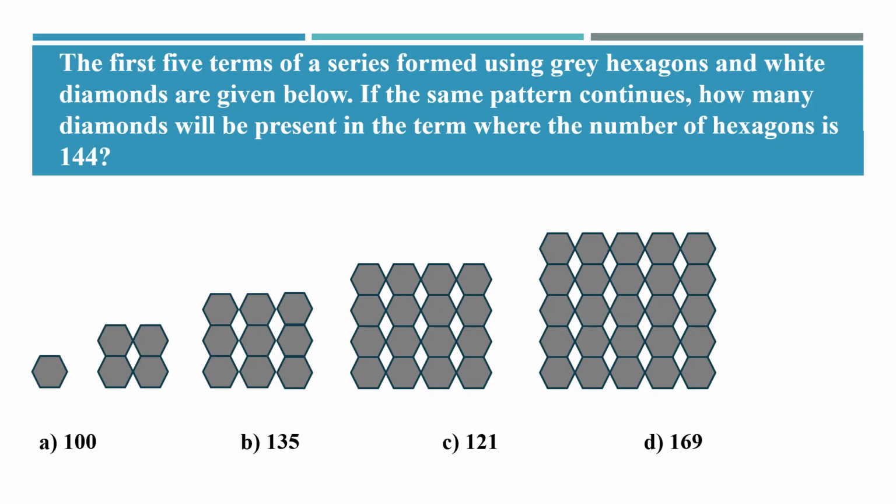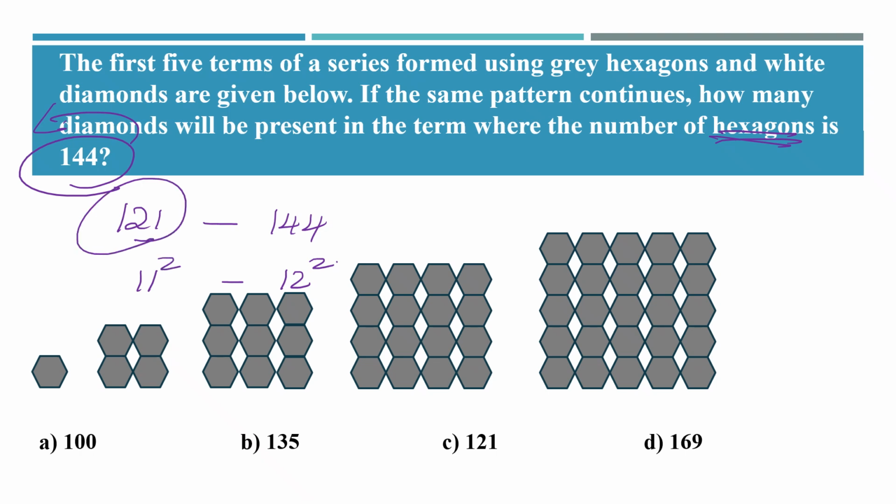Great. So as they have given 144 hexagons, the previous perfect square number is obviously going to be 121. As 144 is 12 squared, then 11 squared, which is nothing but 121, diamonds will be present in the given pattern